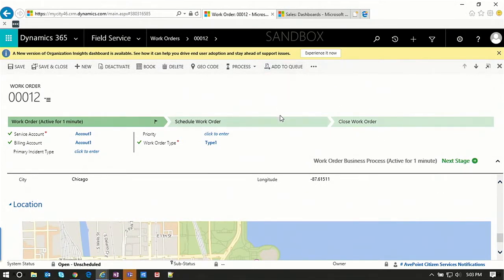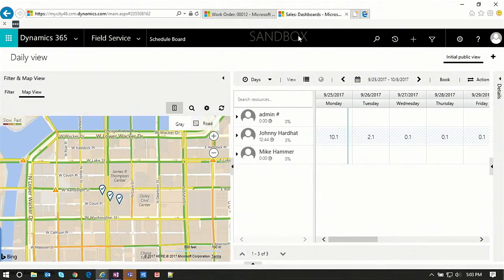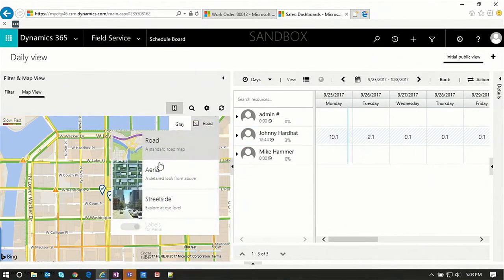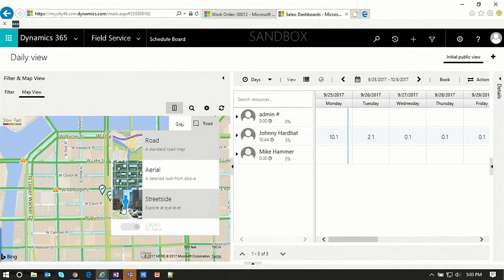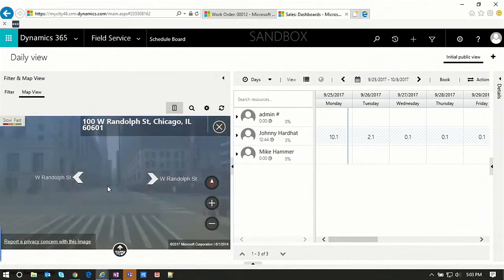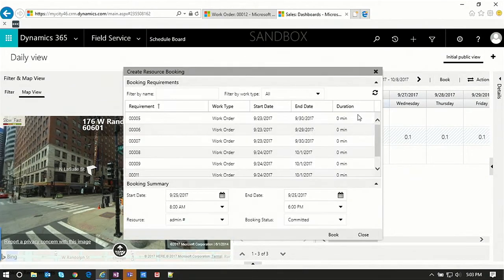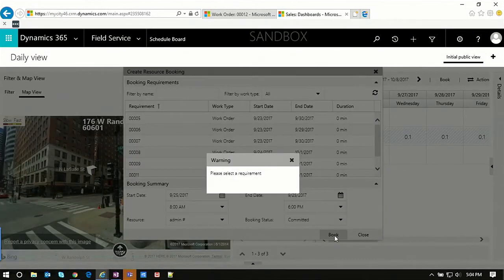Because we've thrown it over the wall into field service, we also get all the goodness that lives over there, right? So all of the sophisticated tooling around forecasting, asset management, the ability to even kind of see what's on the docket for the day and drill down into the street view and see if there might be any obstacles that are going to arise as we try to resolve this issue. And I can even go ahead and book the new work order that's come in and assign that to the appropriate individual. So I'm going to book this for Dux. Telling me to fix this